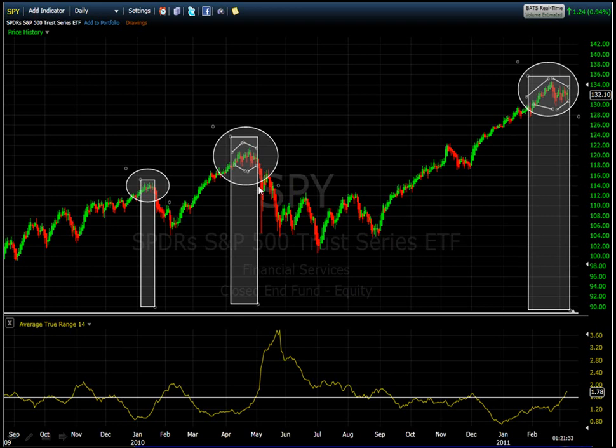Now, of course, we were out of the market, I think, around April 26th. And the market did suffer what we call the flash crash on May 6th. We were able to avoid that, luckily. But you can see that the volatility picked up as the market came down. The volatility began to subside once again. We chopped around, and in September,